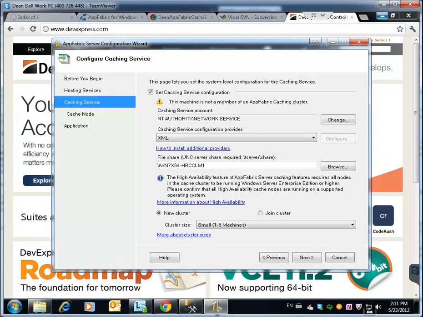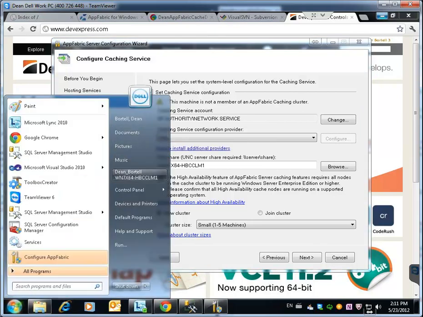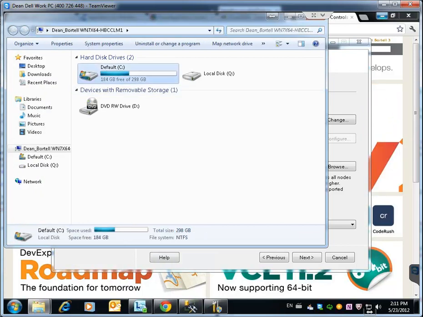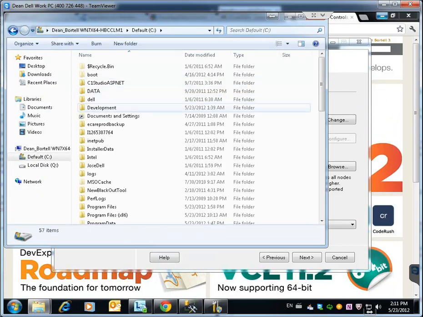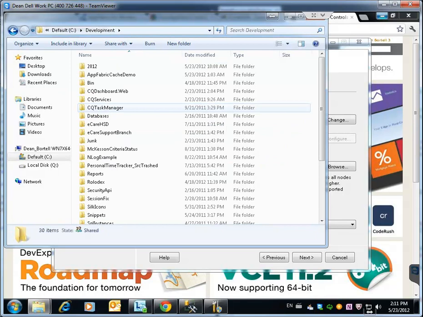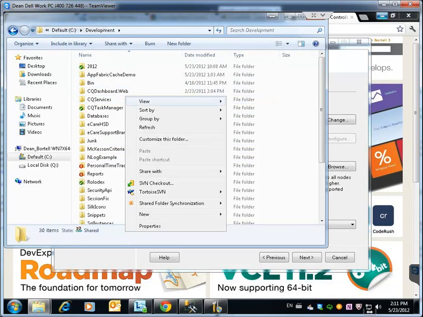I like XML because it's so much easier to bring up settings, and I'll show you where they help us cheat down the road. So I'm going to say XML, and it says where is the share that we have this? Well, we haven't set one up, right? So we're going to go Start, and we're going to go to your computer, and we're going to go C drive, and I have a development folder in here, and I am going to create a new folder, and I'm going to call this